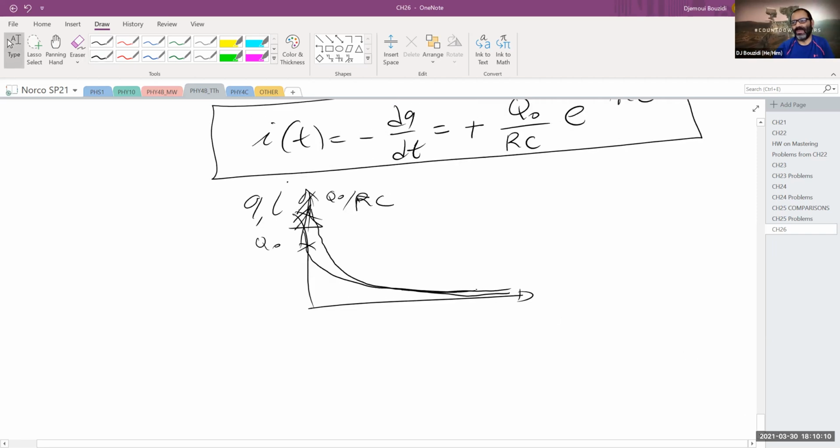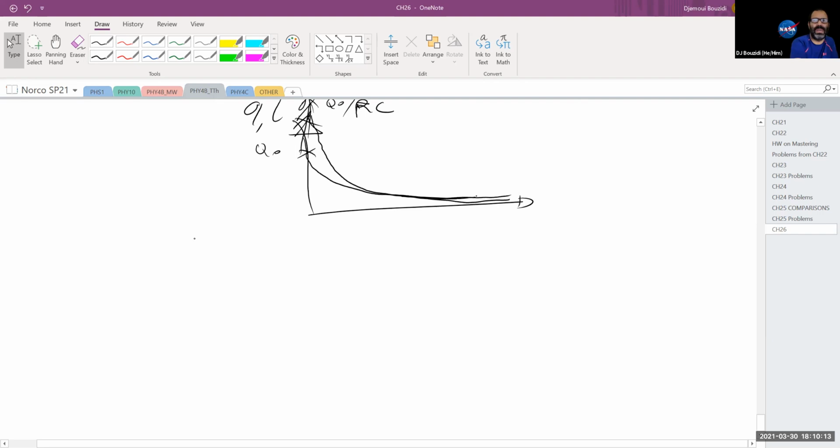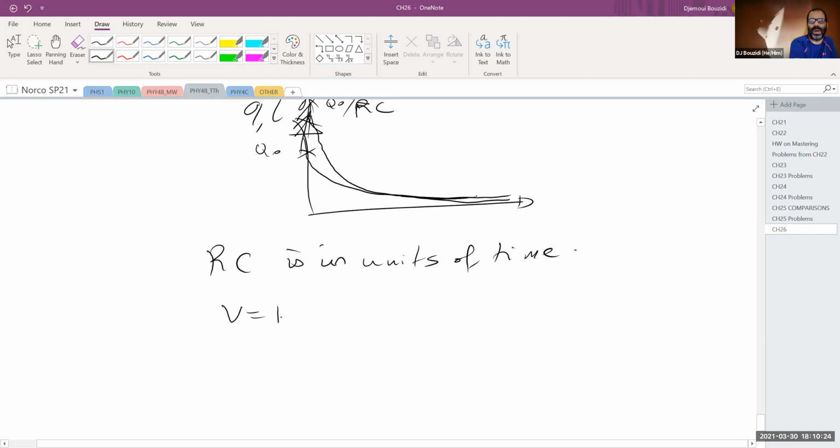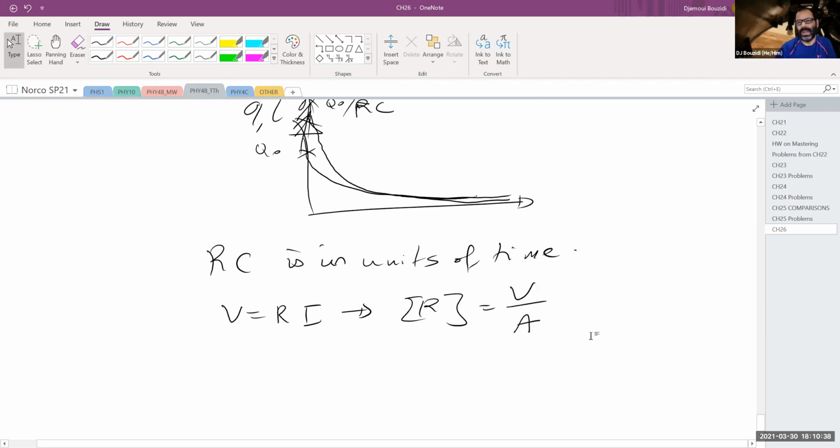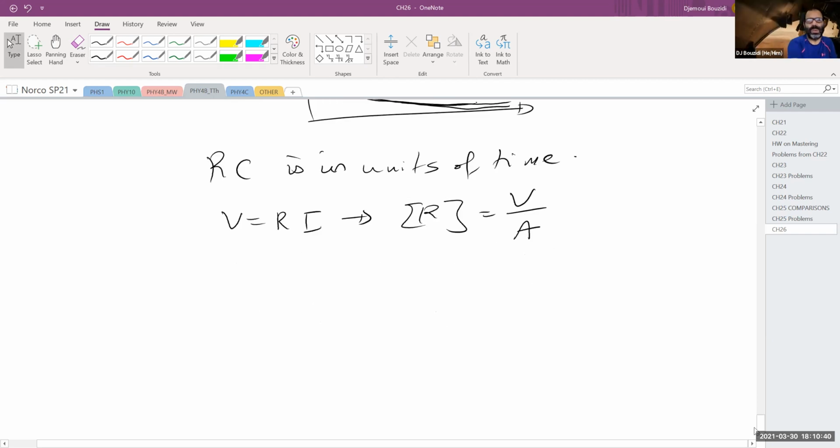One point in here that I need to make an argument for is R times C is in units of time. For example, V equals Ri. So that gives me the unit. I know the unit for an R is an ohm, but in terms of the current and the voltage, R has the same units as a voltage divided by an ampere, which is an ohm, okay? Also, I know also that V for the